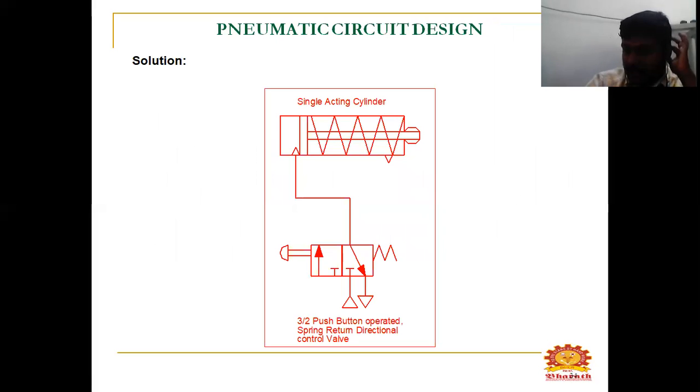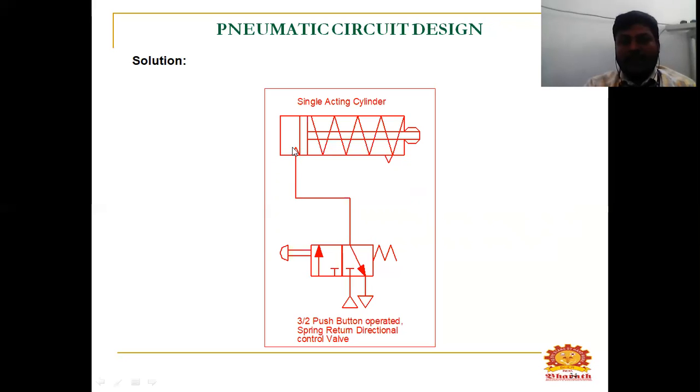And this is our circuit. If you push the push button, the position will be changed, and your flow will be from this direction to this position, and your cylinder will be here.